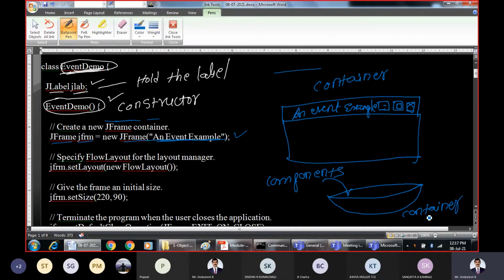And whatever you write in the container, that will get life, or that will be active whenever you run the container. Now what is the container in our case? In our case, the container is a simple graphical user interface with some options, and in this we'll be adding the labels and all. In further programs we'll be developing some more graphical user interface items, or some more components, in this particular container.